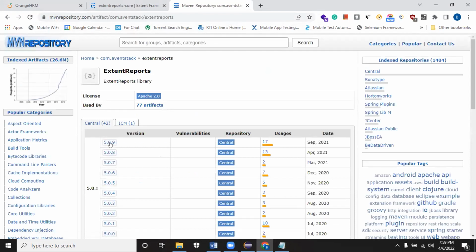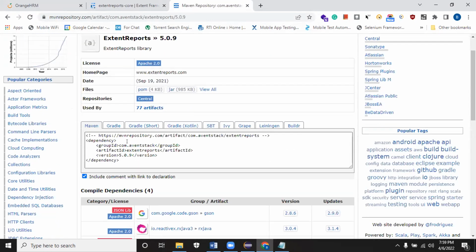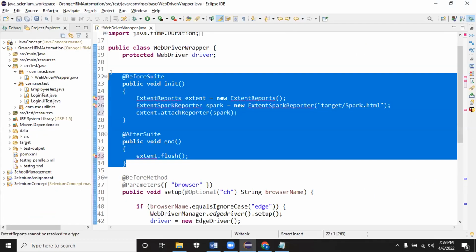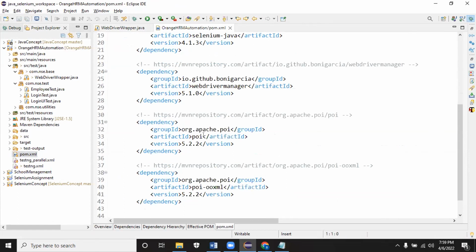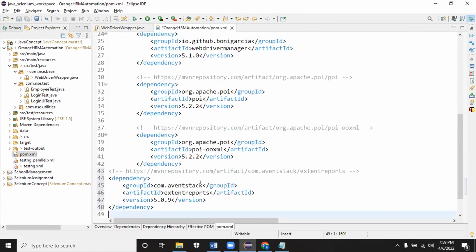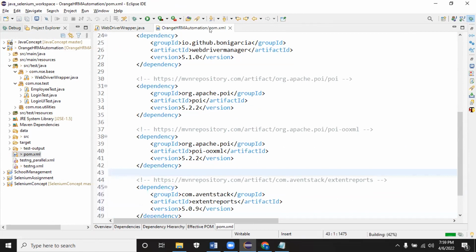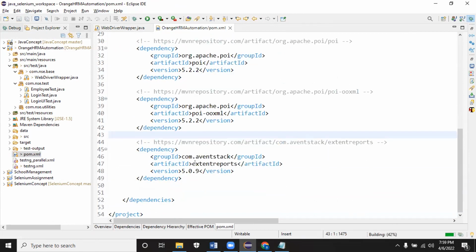Search for Extent Reports. Let's go for the latest one. Let me copy the dependency and comment it for the time being. Save it. I'll go to pom.xml. Already we added TestNG, Selenium, WebDriver Manager, Excel. Now we are adding the Extent Report. Once I save it, it will download the jar. This is the first time I'm doing it, so it will download the jar.